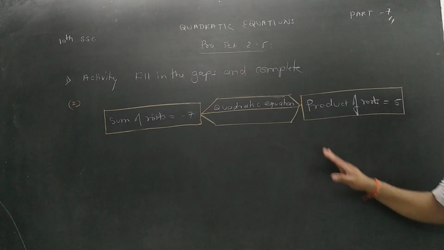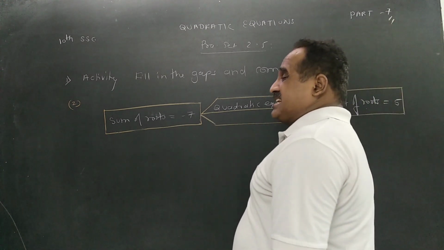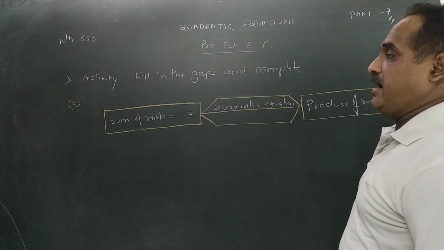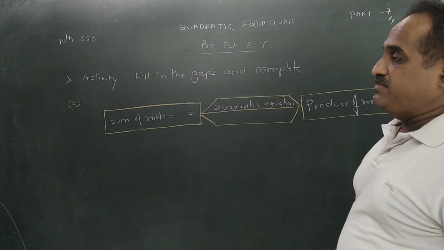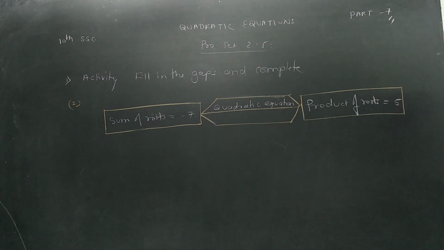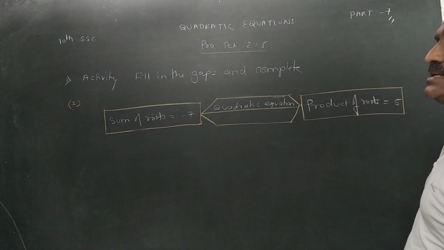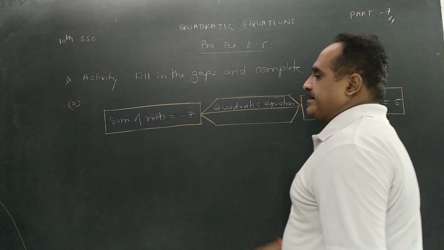See, while doing activities are easy, but for that you should know the reason behind it. You should know the basic things. You should know which formula you are going to apply, which property you are going to use. Then these questions are easy. Otherwise, this will become difficult actually.